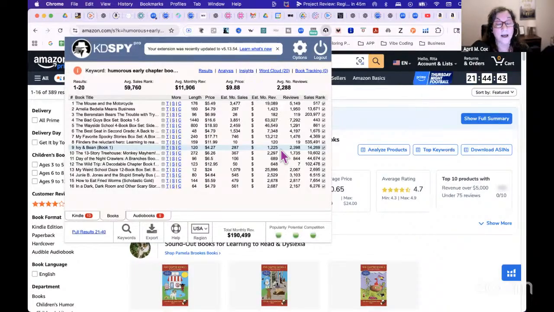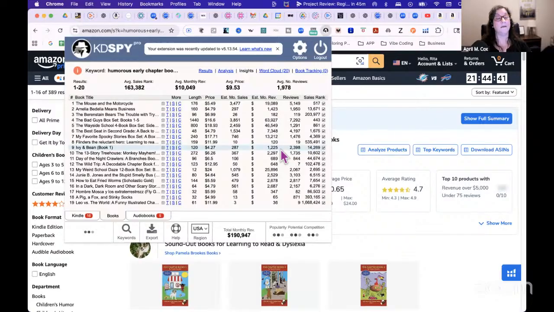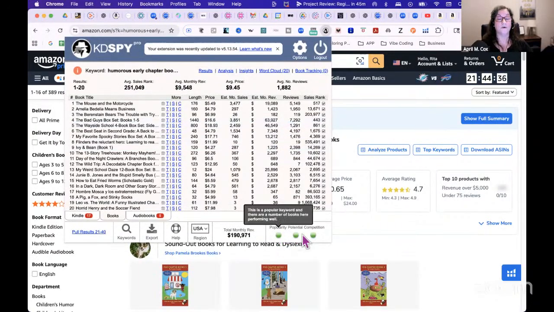And it allows you, look at that. I've got this keyword, humorous early chapter books, is green, green, green. That's the kind of keywords we like. It's got popularity, it's got potential, and it's got low competition. So we're looking at the first 20 books, which are on this page. And it shows me the estimated monthly sales of these books. It shows me their estimated revenue, the number of reviews they have, their sales rank, the title of the book,